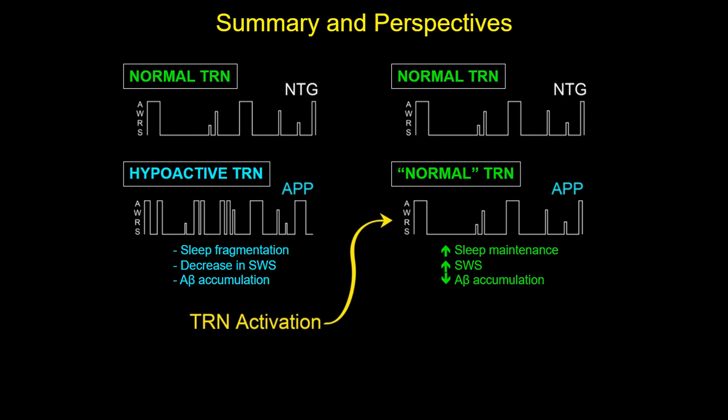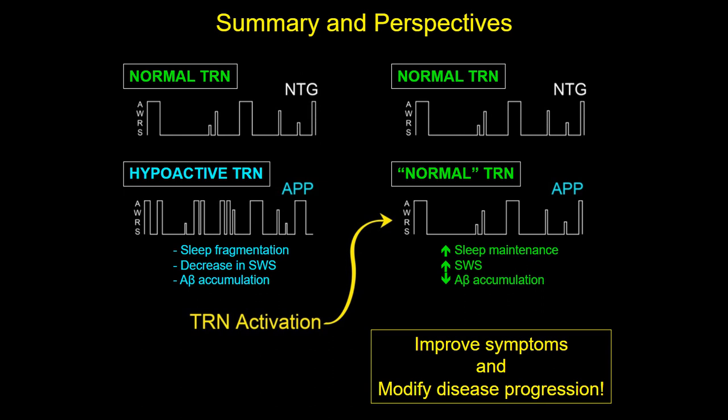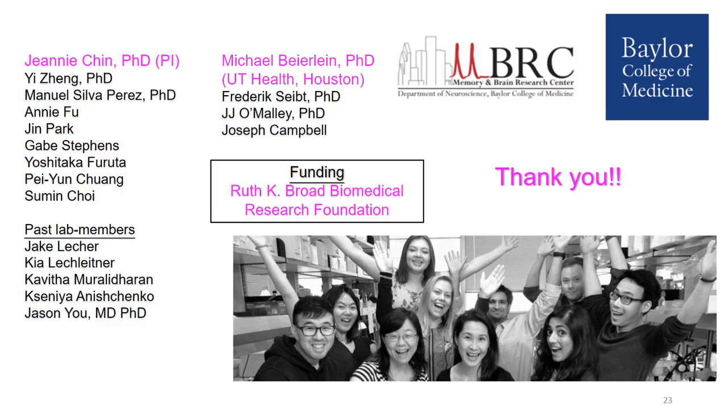The role of sleep in AD is a really hot topic right now, but until now, no studies have been able to identify a brain region that is responsible for the sleep deficit, much less find a way to selectively increase slow wave sleep. We think targeting the TRN could be a novel therapeutic strategy to improve symptoms and modify disease progression. With that, I would like to conclude my talk and thank my PI, Dr. Jeannie Chin, and